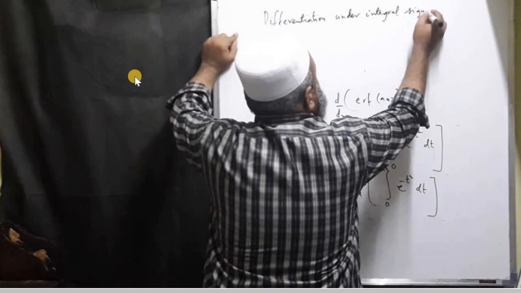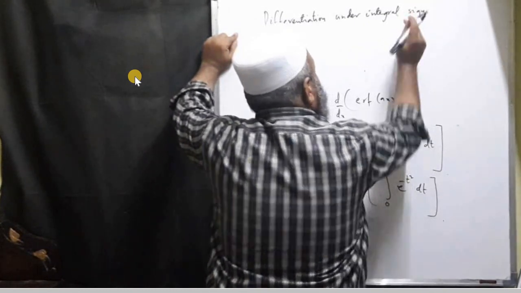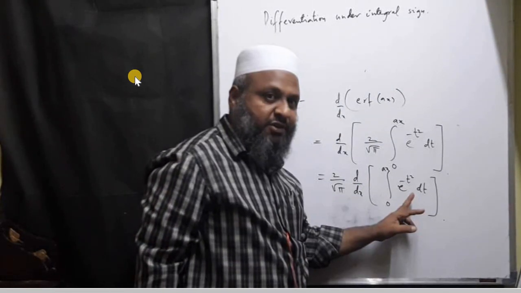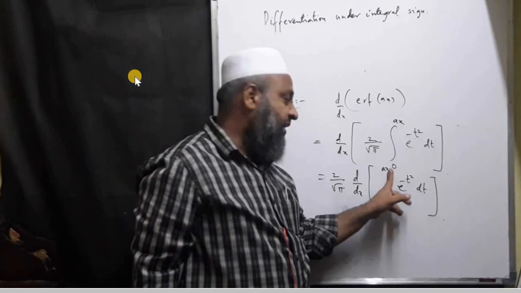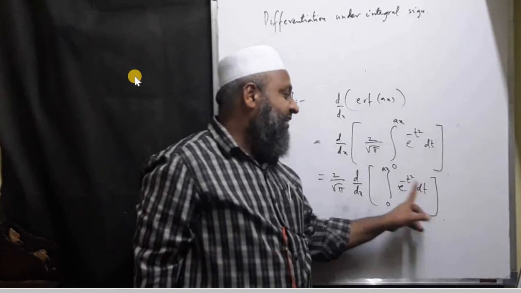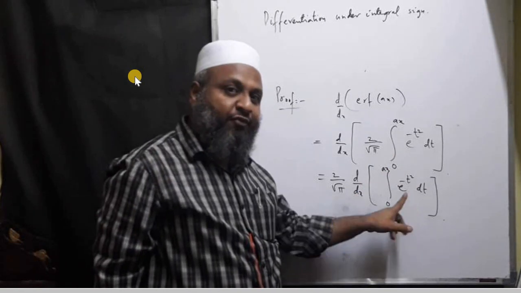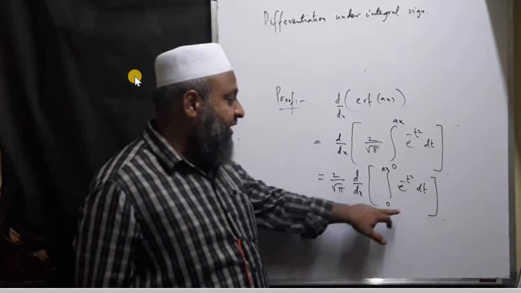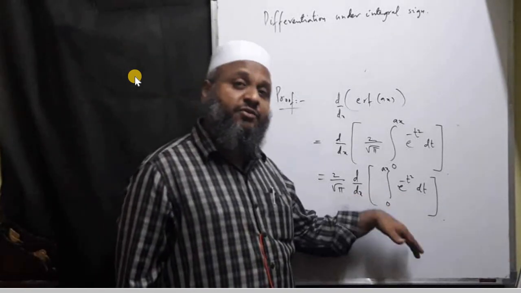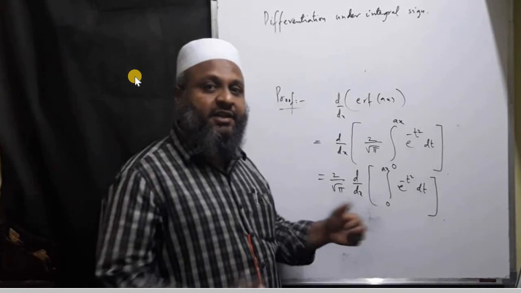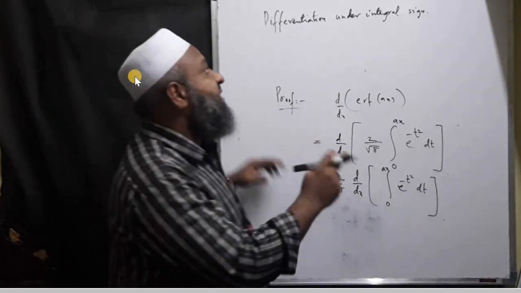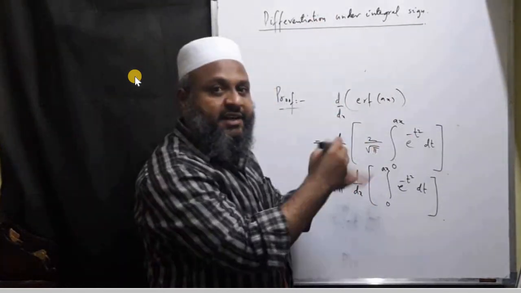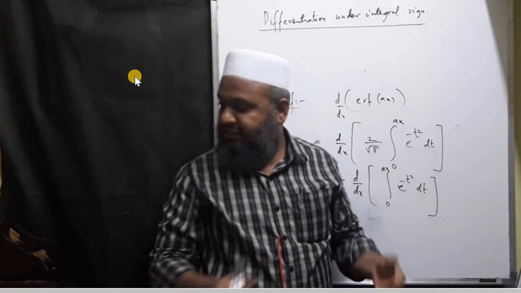First of all, try to understand when this makes sense, because after the integration is done and the limits are substituted, the t disappears and it becomes a function of x, and for that function of x we need the derivative with respect to x. It makes sense that way, but we cannot continue in this order, first integration and then differentiation. So we can reverse the order, and that is nothing but differentiation under integral sign.